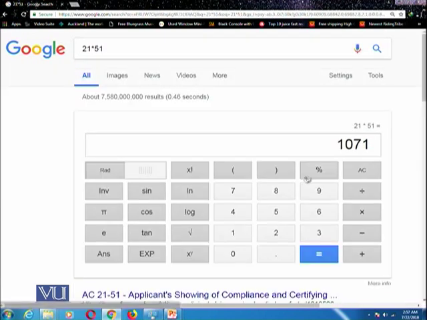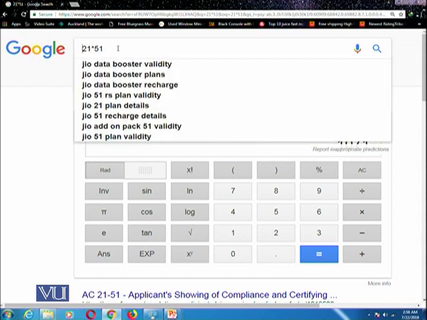It is giving me the answer in a very sophisticated dial pad, which is a particular calculator, and in this calculator you can try other options as well. This means that while searching on Google, you don't need to go to a calculator application. Instead, you can straight away type here in the search box.